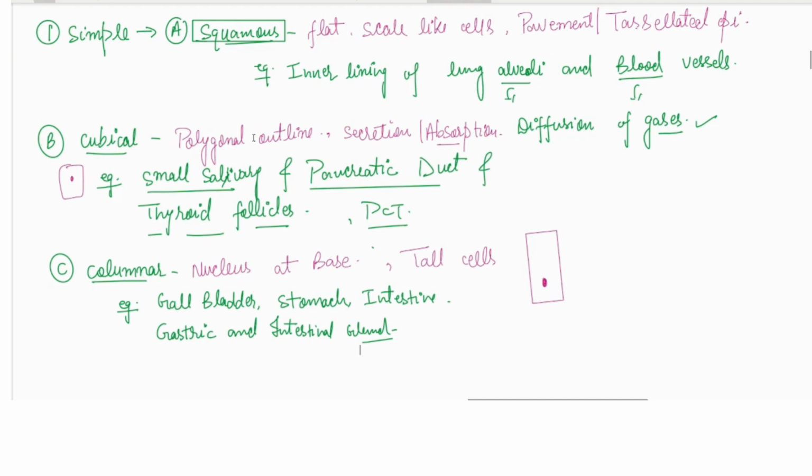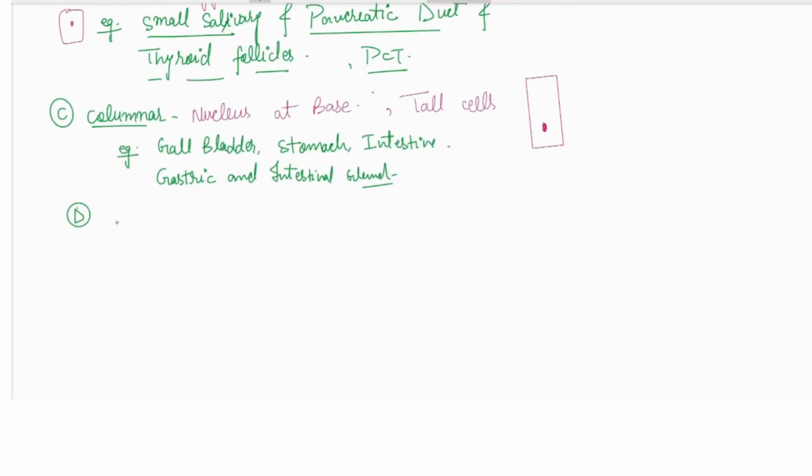Now it is actually for very absorptive type of cells. The next one, the fourth one, is the ciliated epithelium. I told you, it may have the cube shape, the cuboidal, or maybe the columnar. So it depends upon the location where it is present, for example the inner surface of hollow organs,